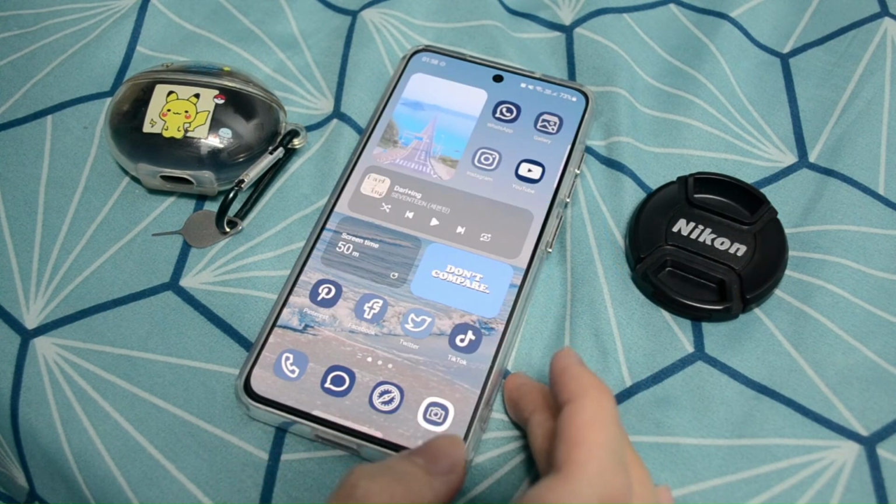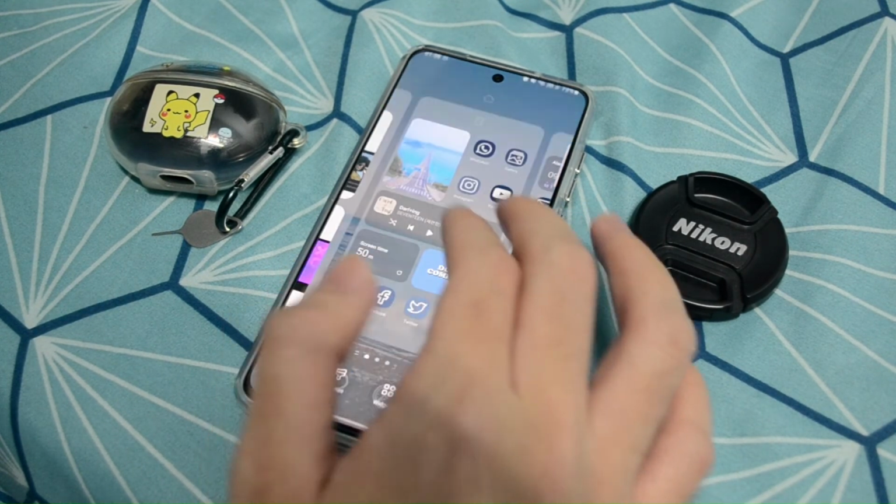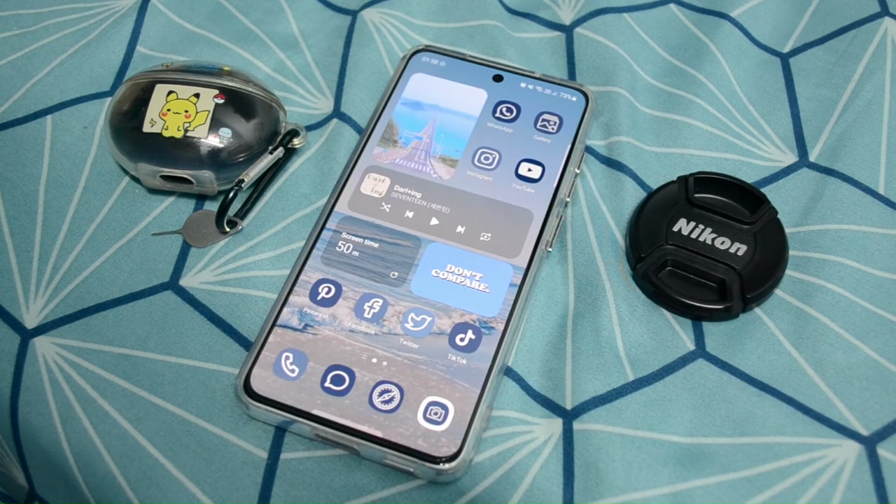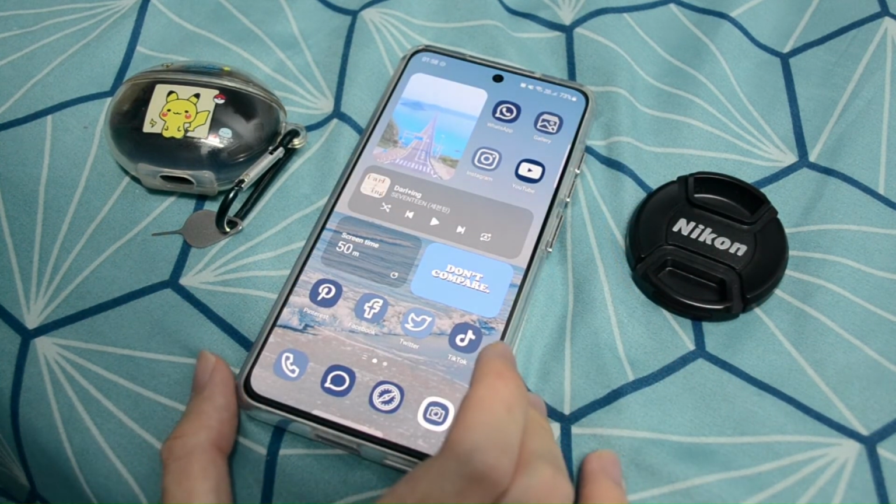After you have settled all the app icons, you should see that your home screen is looking the best that it ever had. Okay, that is all for today's video